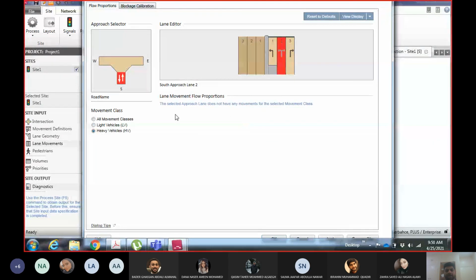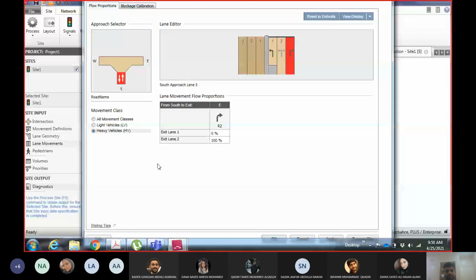Obviously I did not assign any heavy vehicle to this lane, right? So whenever you do not assign any vehicle in the previous option, it will be removed from here. All movement classes means this percentage will be applied to light vehicles and heavy vehicles both. If you want to apply it for a particular movement, you can do it. Blockage calibration, you don't need this option, so I'll just click okay from here.